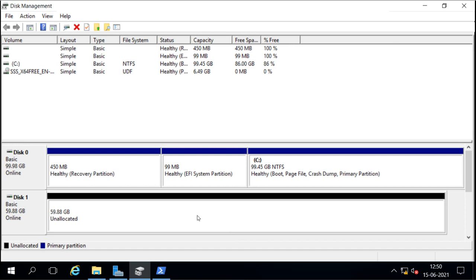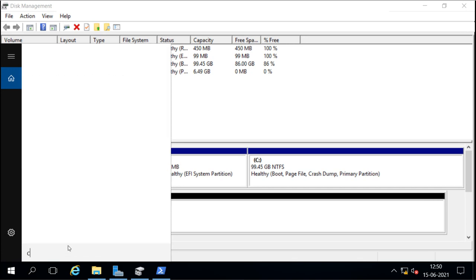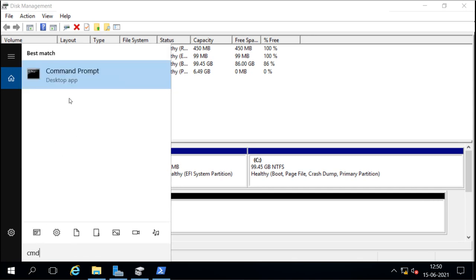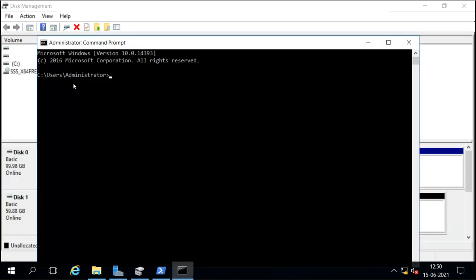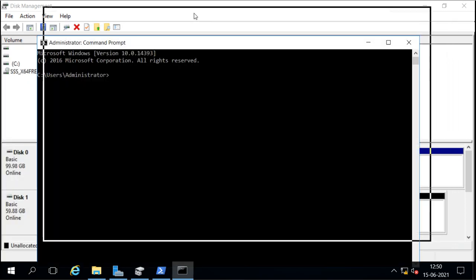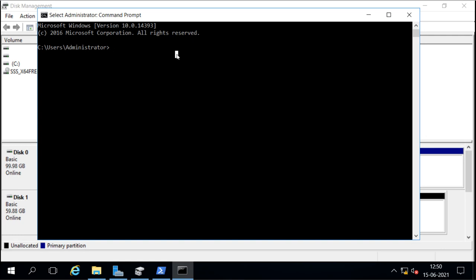So first, I will start CMD, and I will run CMD as administrator. Now here under the command line, we have a tool called diskpart.